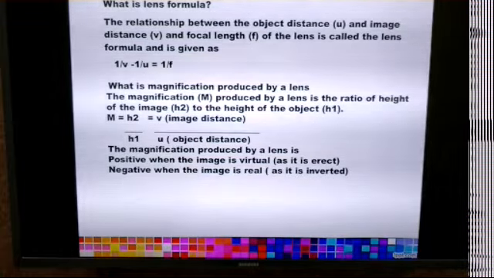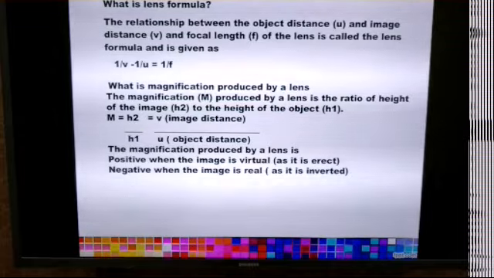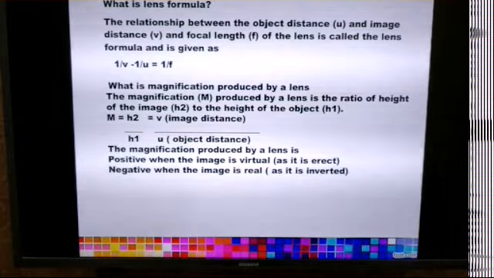Also remember that the magnification produced by a lens will be positive whenever the image is virtual, as the virtual image is an erect image. But the magnification produced by a lens will be negative whenever the image is a real image and it is an inverted image. These are some of the important conventions that we have to remember, children, because when we are describing the image, when we solve the numericals, these are the things that you must keep in your mind: if the image is erect and if the magnification is positive, it means that the image is virtual and erect. If the magnification value comes to negative, it means that the image is real and inverted.